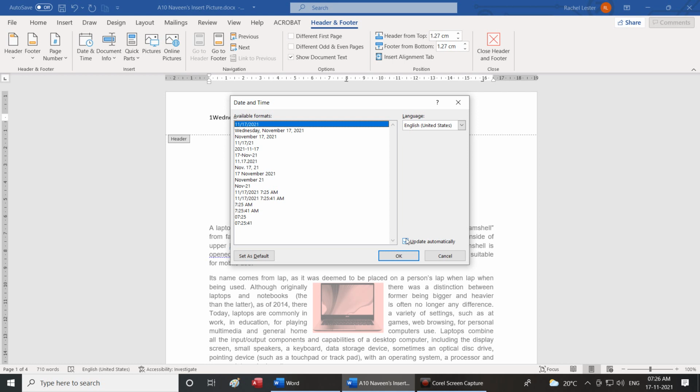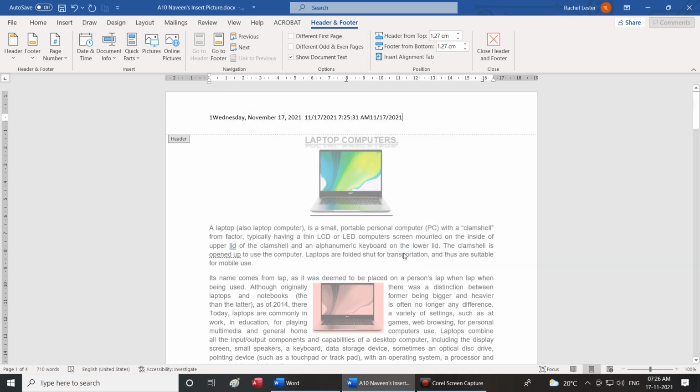You could select one of them. Write little faster. Okay. Now we will go to the document info.